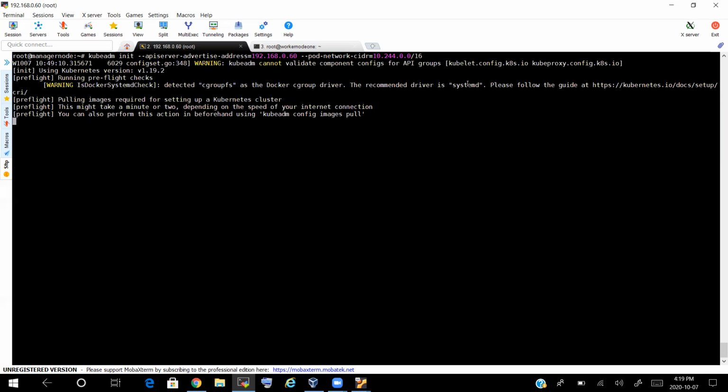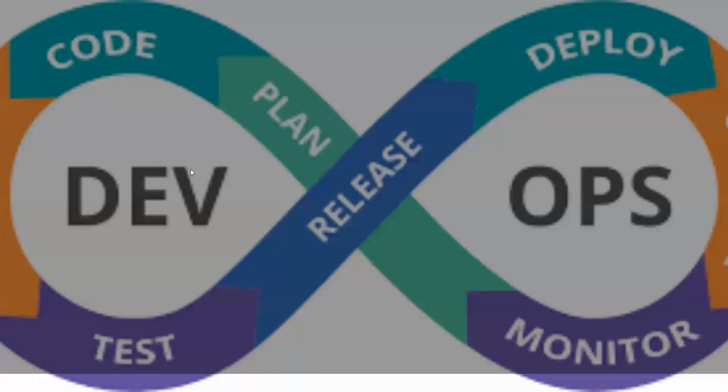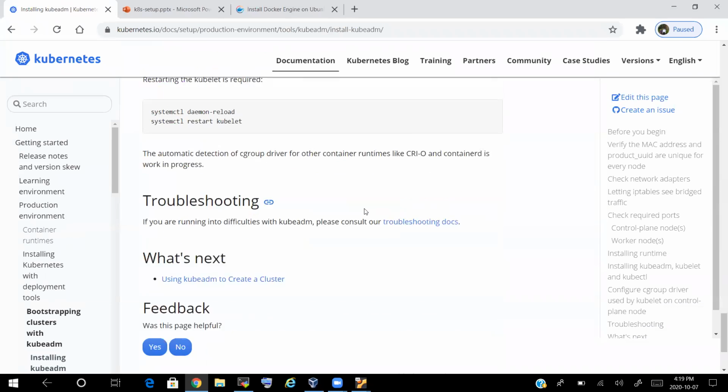So it will take some time to complete. Once it is done, I'll tell you what are the things we need to follow. And as I told you, there is a container network interface which we have to install. Okay, so we are using Calico as a container network interface. Okay, so let's try to see that in between. Once this is going on, let me show you how to do that.